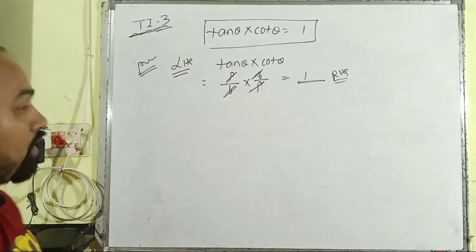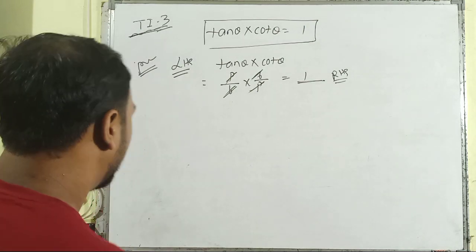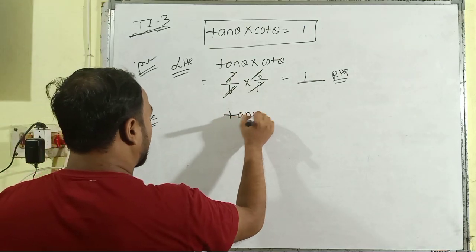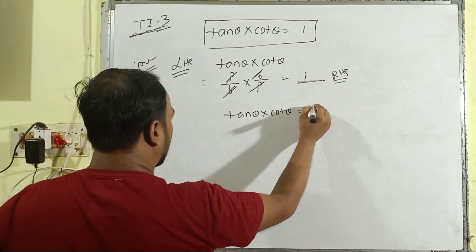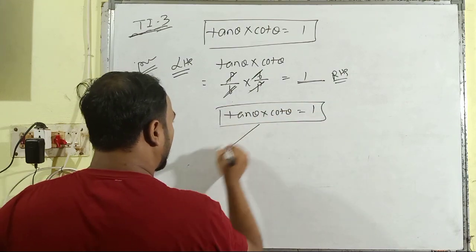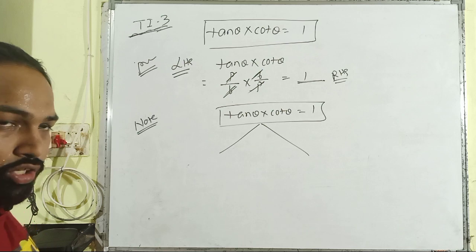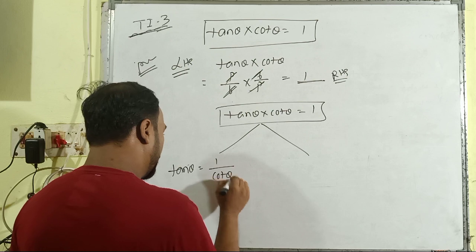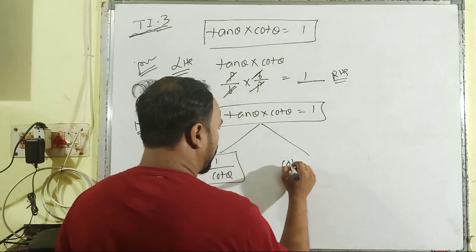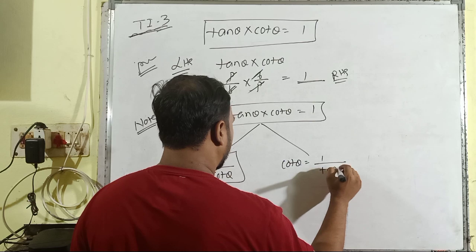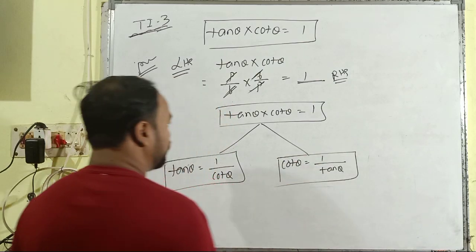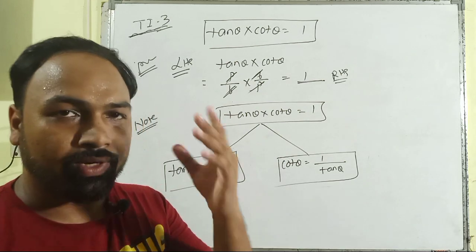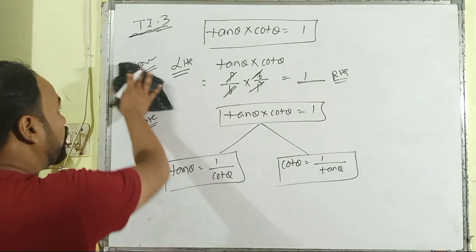So it has been proved here, the rule number 3 of trigonometric identity, and let us make a note from this identity. As we know that the multiplication of tan theta and cot theta is 1, we can find the value of each of tan theta and cot theta respectively. The value of tan theta is 1 upon cot theta, and the value of cot theta is 1 upon tan theta. So these are all about the first 3 rules of the trigonometric identity. Then let us move forward to the 4th rule.